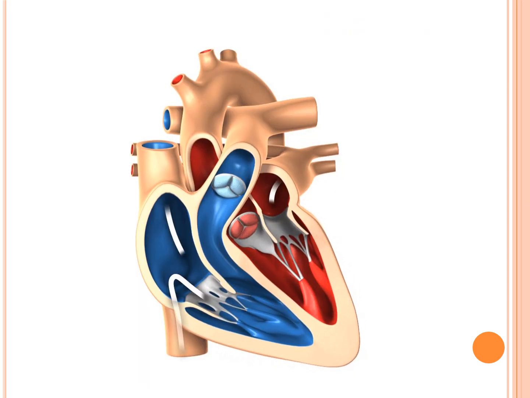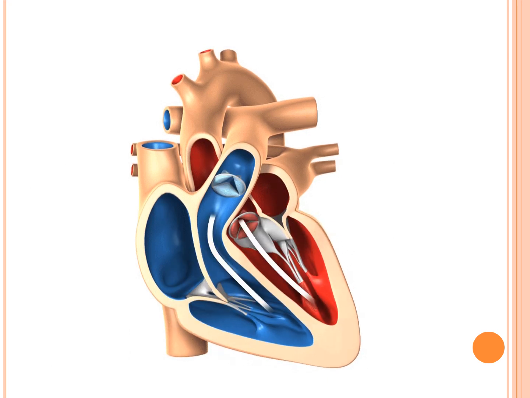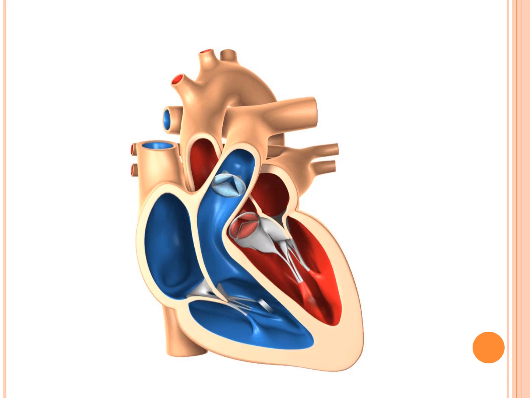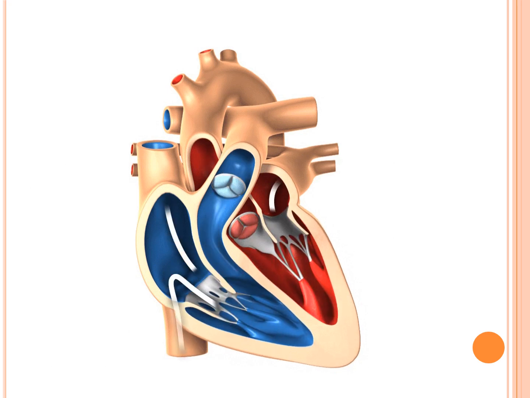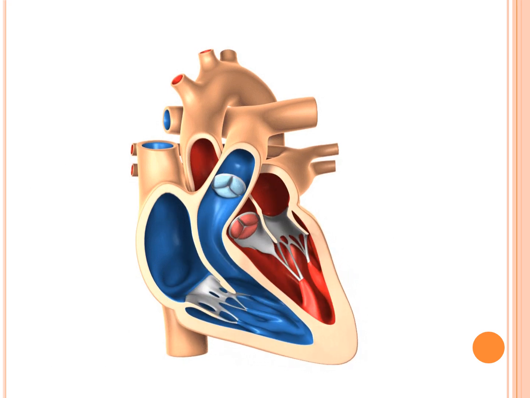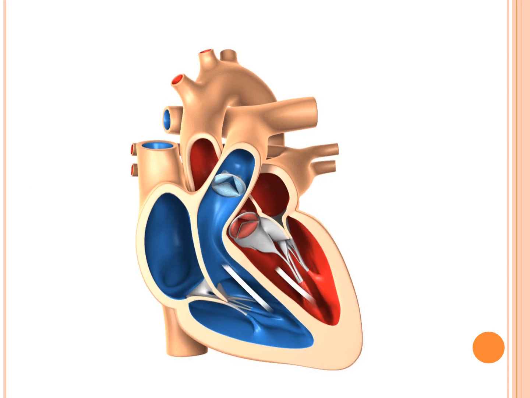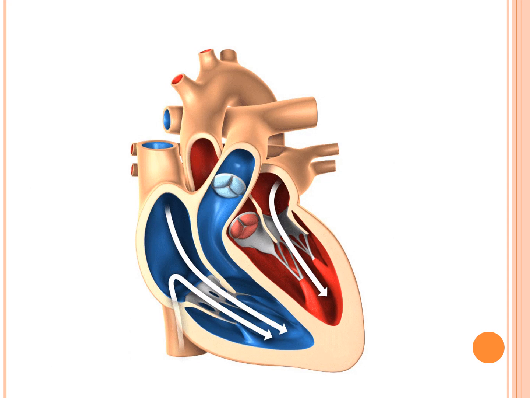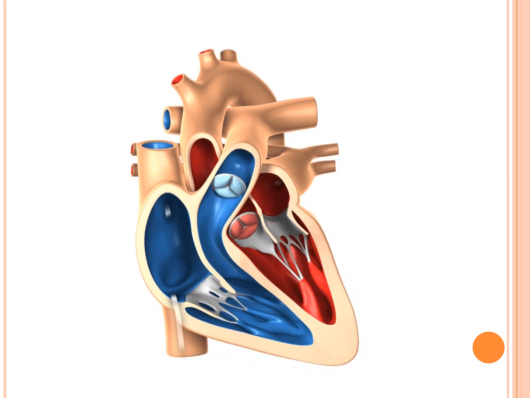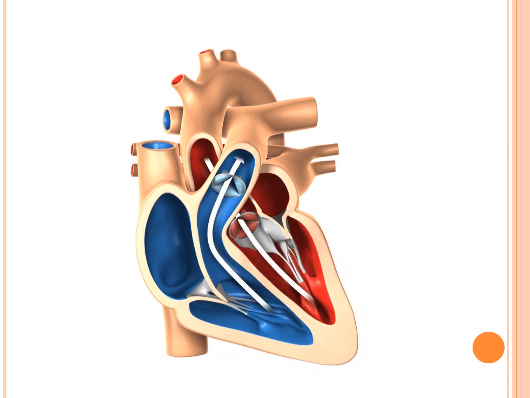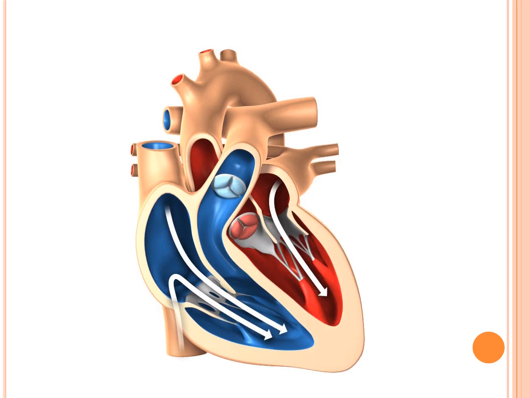Now, even though when we saw the blood circulation process, we saw the left first and then we saw the right, so we saw one part and then the other, it is not like that. Everything happens simultaneously. The left hand side and the right hand side work simultaneously. It is not left first and then right, or right first and then left. It happens simultaneously. You have to understand that. So this is how the heart helps in pumping of the blood.